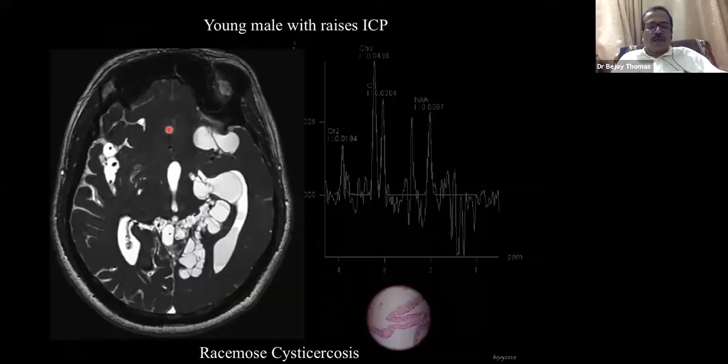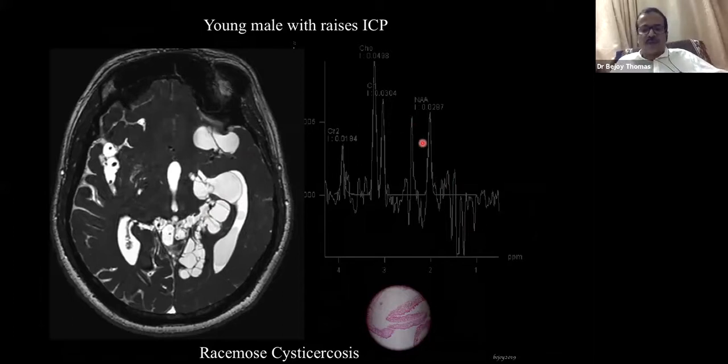So that's why it is becoming more and more difficult even to differentiate between tuberculous abscesses in these peripheral locations. So this is a racemose cysticercus. I told you that all these metabolites, cytosolic amino acids, acetate, lactate, alanine, succinate, everything can be seen in parasitic infections, especially in a cysticercal infection. You can see here the succinate is a higher peak than acetate in this particular case, which is actually following